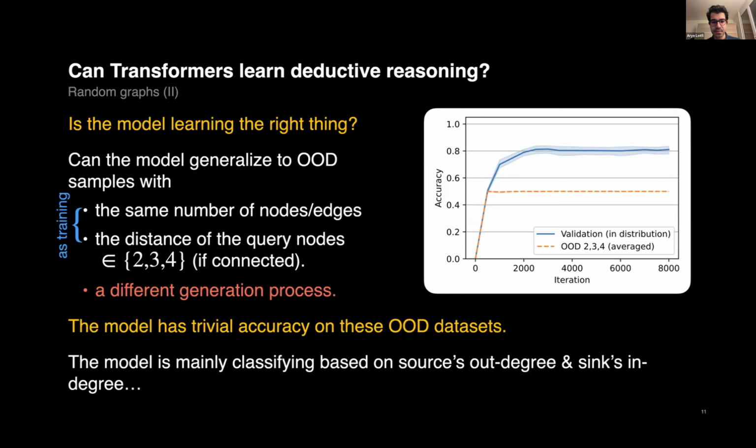We investigated this a bit further and realized that what the model was doing in the Erdos-Renyi case was checking the source node's out-degree and the destination node's in-degree. It was using a linear classification on these two parameters, basically checking whether the source's out-degree is larger than 1 and whether the sink's in-degree is larger than 1, and the AND of these two statements was highly correlated with the label. So it was relying on a correlation which worked for that specific distribution, but not in general.